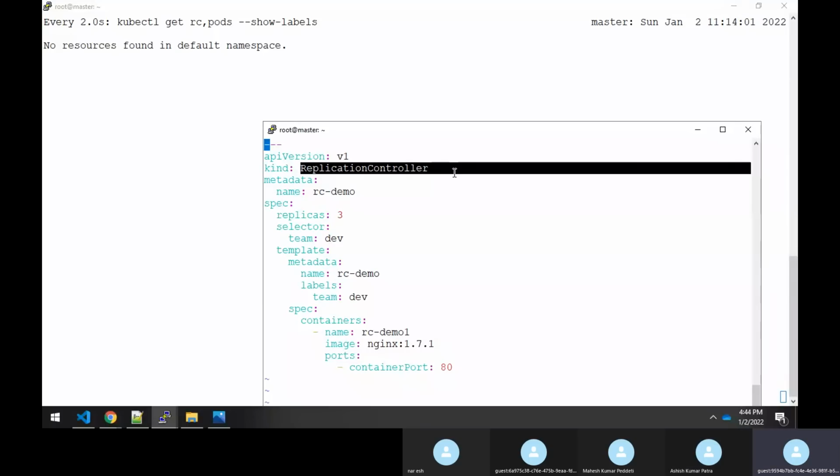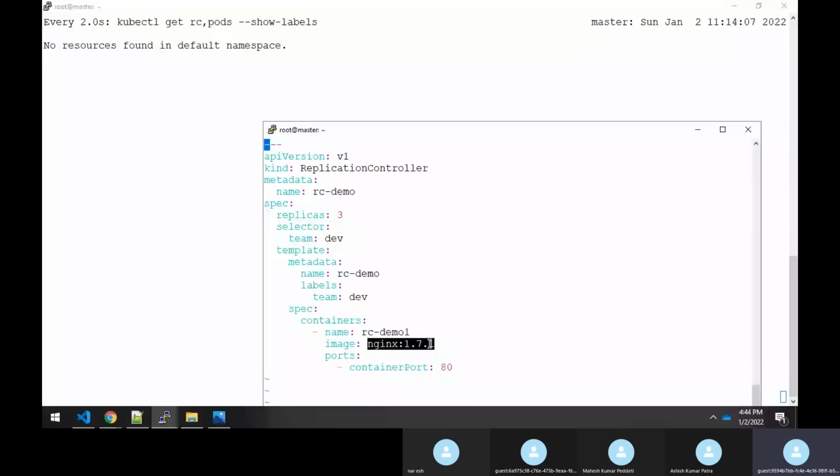Okay, guys. So when it comes to the replication controller, suppose we are having Nginx 1.7.1. Tomorrow, assume that Nginx 1.9.1 comes.